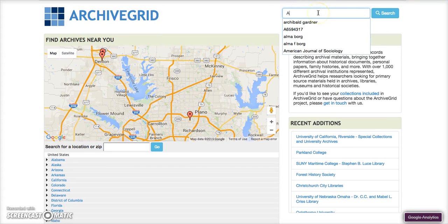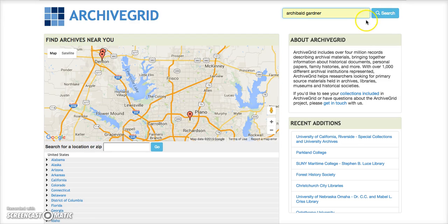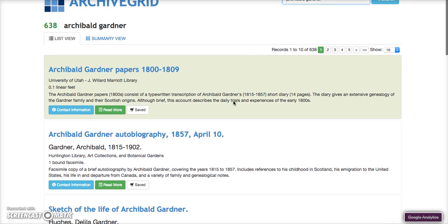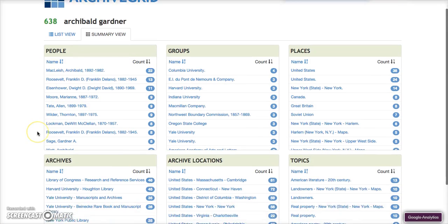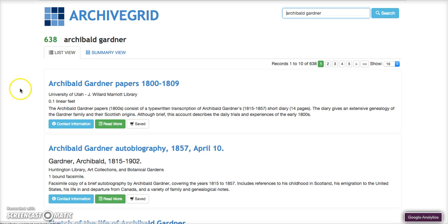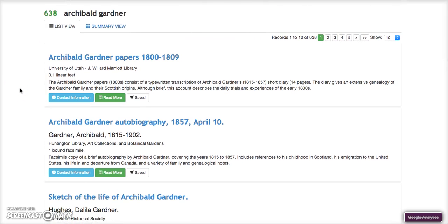So let's search Archibald Gardner again. Now it shows me the list view initially, but I can toggle over to the summary view if I want to make my search more specific. In this case, I want to investigate the results in list view. The first several results are all related to the specific man I searched for, and if I click on one to view,